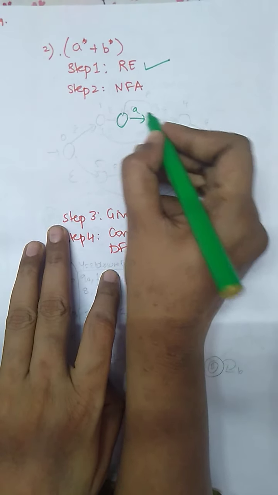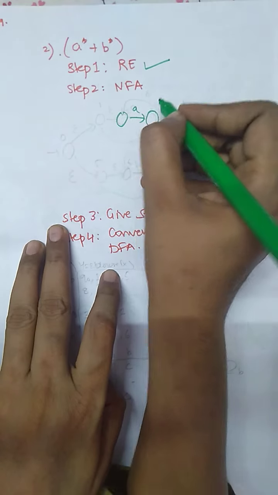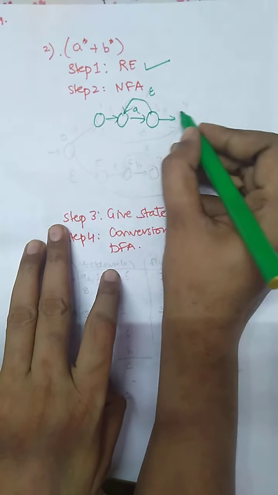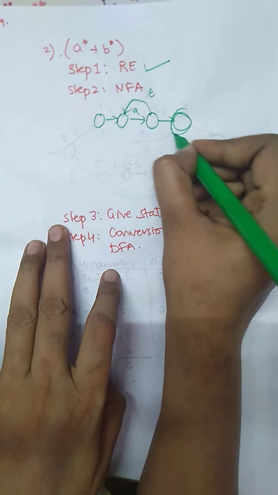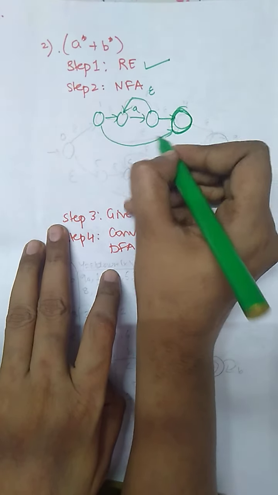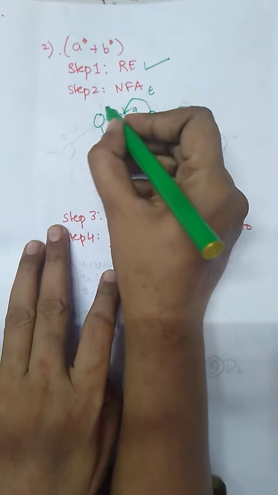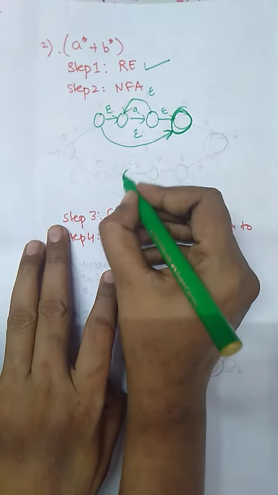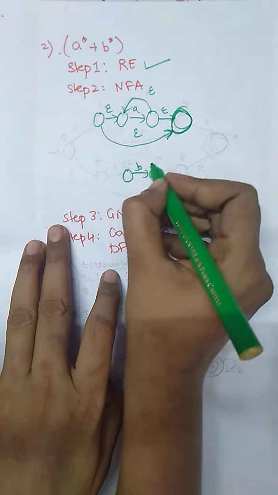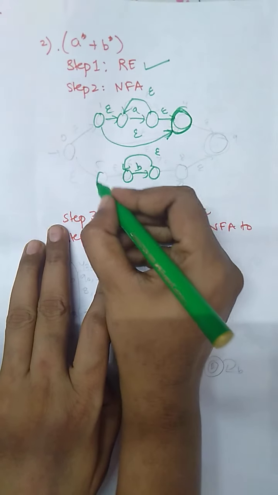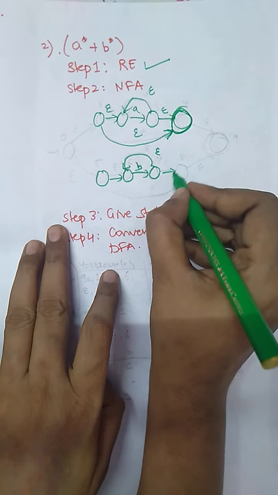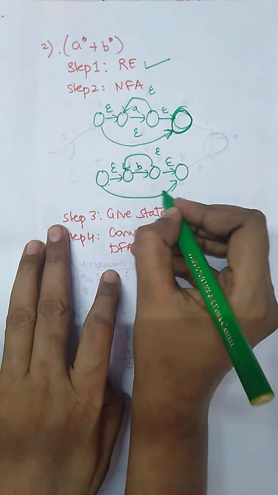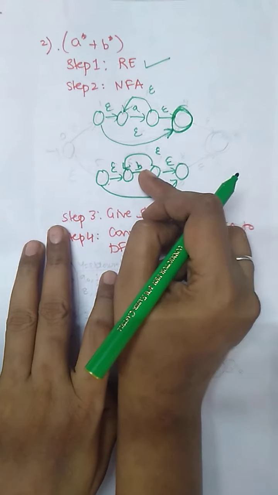First of all A, then we have to find the closure, a backward arrow, that we know. Sorry, this is not the final state. Anywhere we have put extra arrows, we have to put epsilon. For B also, this is B, backward arrow, and everywhere an extra arrow, an extra epsilon. So this is B closure, A closure.